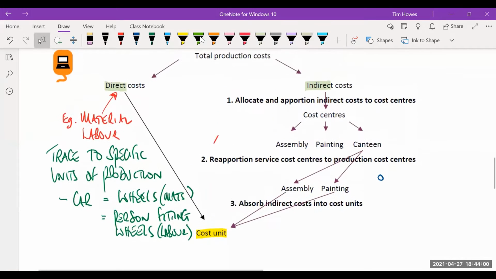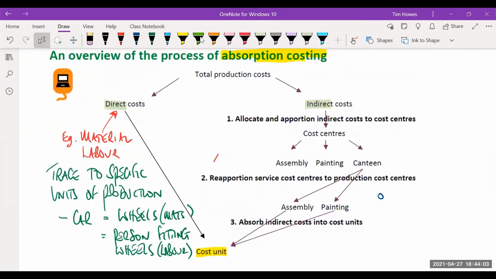Great, fantastic. Okay. Then we've got indirect costs, which I don't need you to tell me, they can't be traced directly to each individual unit that we produce. So what we're going to have to do is basically share these amongst the units that we produce. So we can't trace them directly. So in some way, we're going to have to guesstimate how much of these relates to each of the things that we produce. And this is the job that we've got.